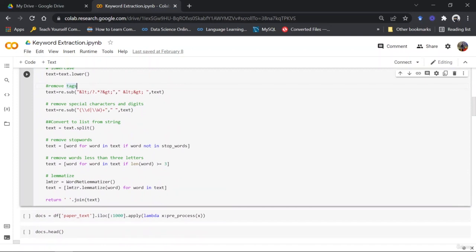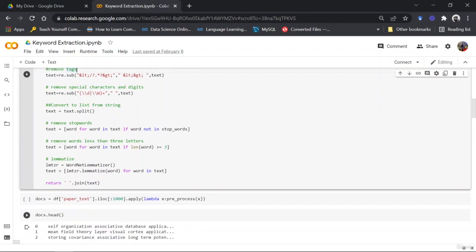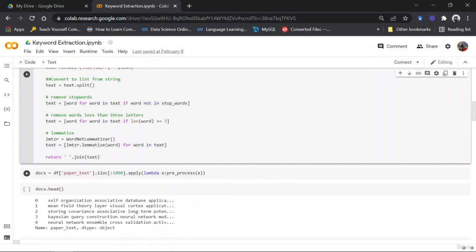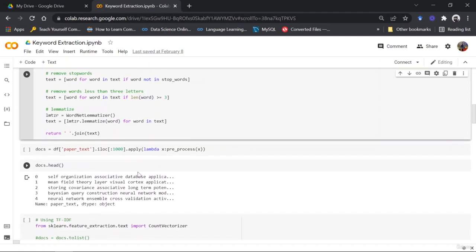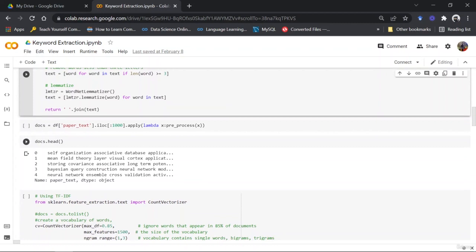Let's say the input was some string, it would work on each and every row, and then return the cleaned string, and that would be saved into the column onto which we have used our apply function. So apply functions usually work when you want to manipulate something in a particular column or columns, but want to go through each and every row. So this is used for that, and you can see that I have saved that in my docs variable, and using docs.head, head is just to print out